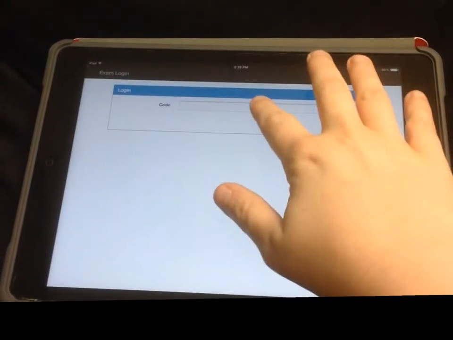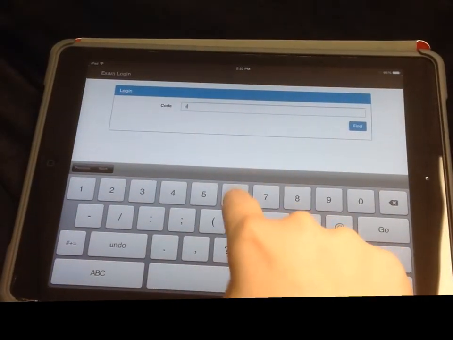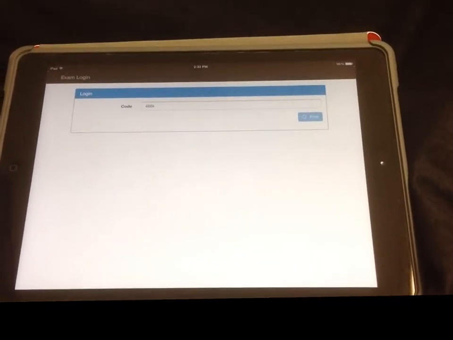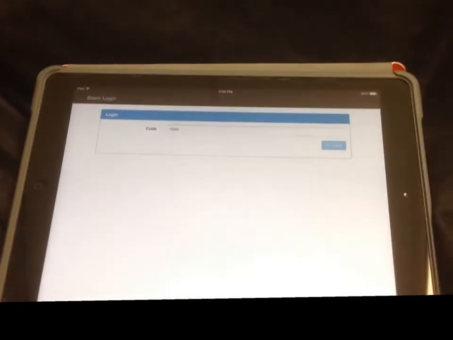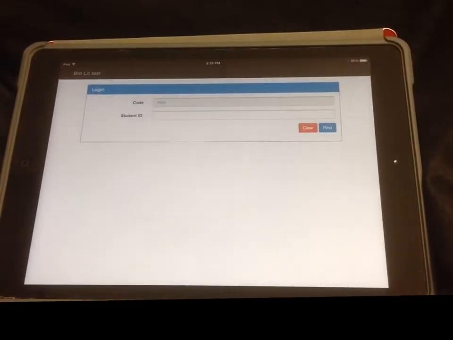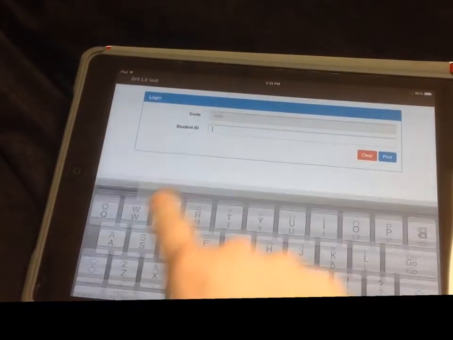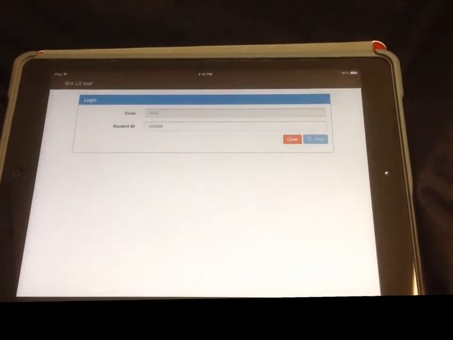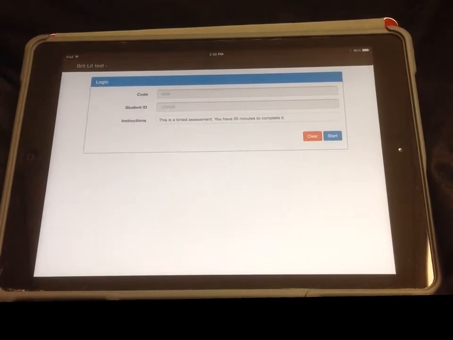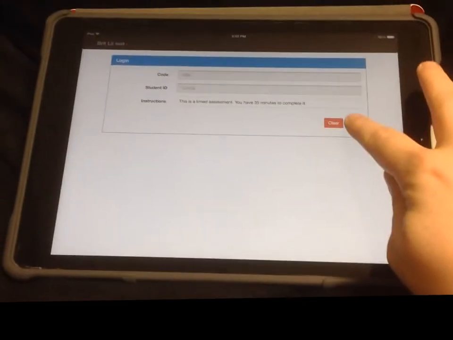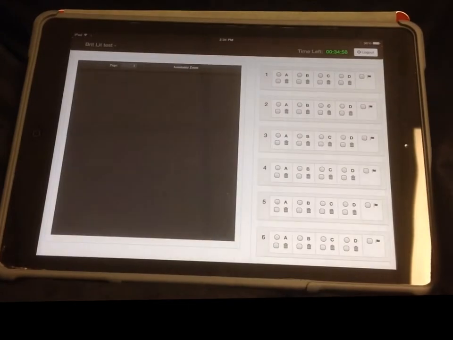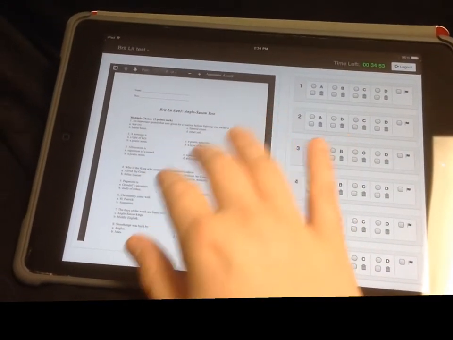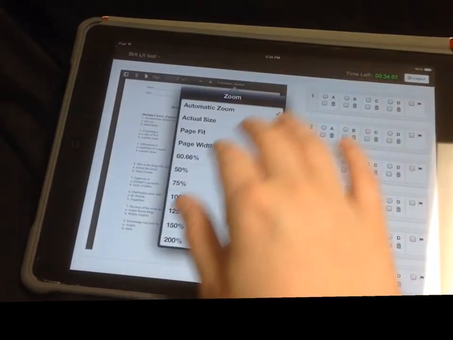The second type that you can do is after you get the code from your teacher, you may have an assessment that you enter the same way as normal. And this assessment could be one where instead of having the questions on the actual test, you have bubbles on one side and you have a PDF of the assessment next to it. So as you can see, there's bubbles that are on the right side, and then the test that's on the left side.